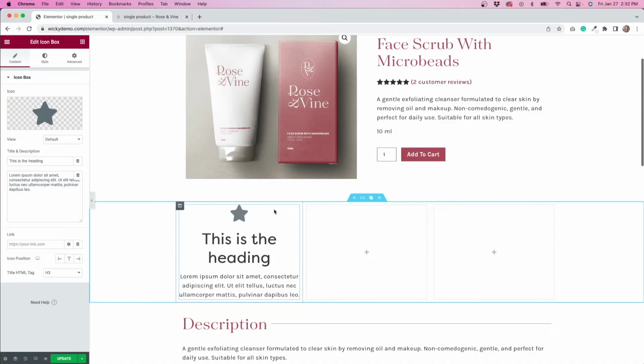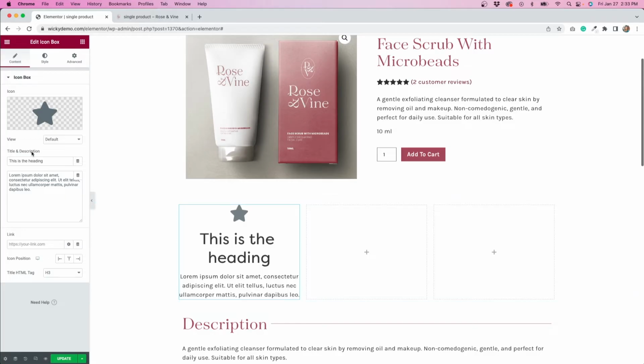You can add any widget that's available in Elementor to your product template. You're not restricted in any way, so take advantage of all that it has to offer. Just remember that whatever you put on your product template will show up on every product page. So you have to make sure that the information that you're putting on this template applies to all of your